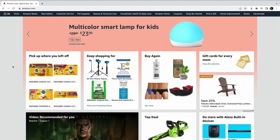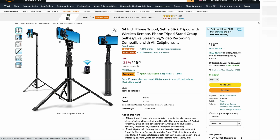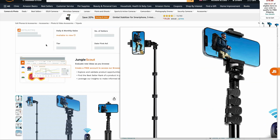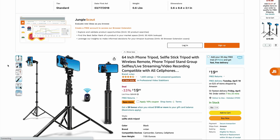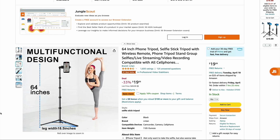I want to offer you a few more strategies to determine whether a product will be good for you to resell, and that is going to depend on how high the returns rate is going to be. For example, I recently ordered this iPhone recording stand. I ordered it for the first time. I don't know how it's going to work. Is it going to be flimsy? Is it going to be easy to use? It looks good, but I don't know. It's my first time ordering it. So there can be